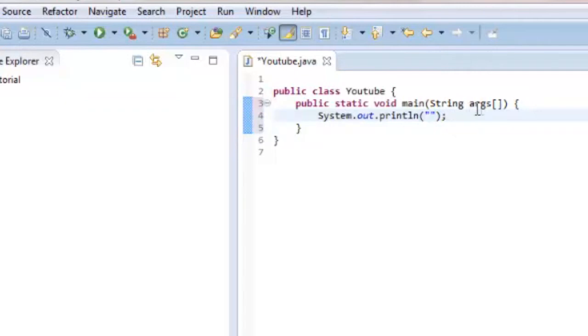You might be wondering, why doesn't this end with a semicolon? Because this isn't really a statement. This is where you put your code. This is called kind of like a statement. This is 1 line of code. So what we're saying right now is